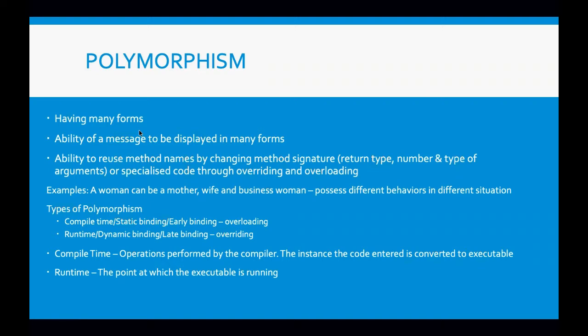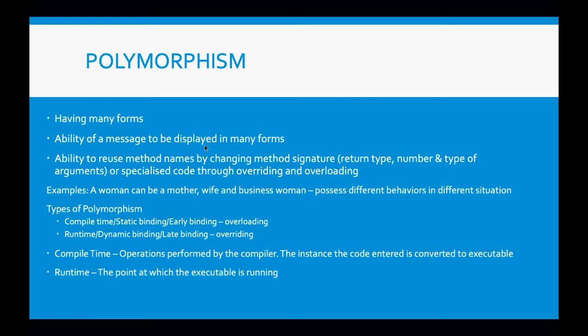And we're going on to polymorphism. Polymorphism means having many forms, existing in many forms, and this is the ability of a message to be displayed in different forms. In programming terms, it is the ability to reuse a method and its name by changing the